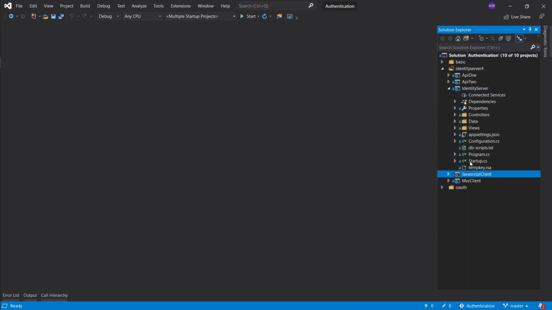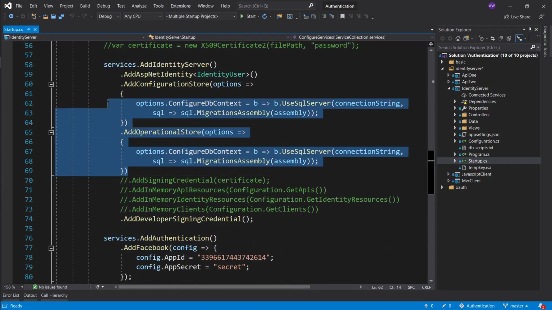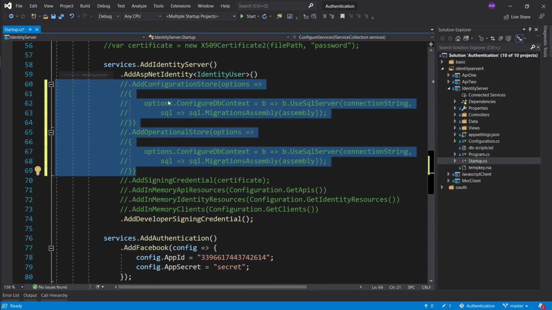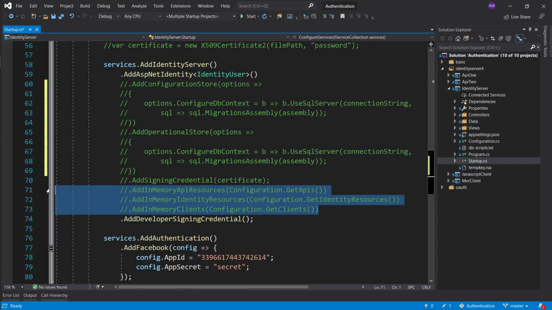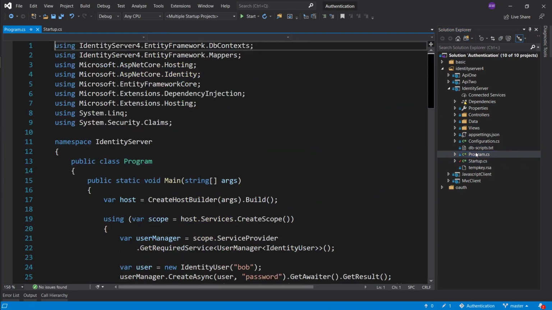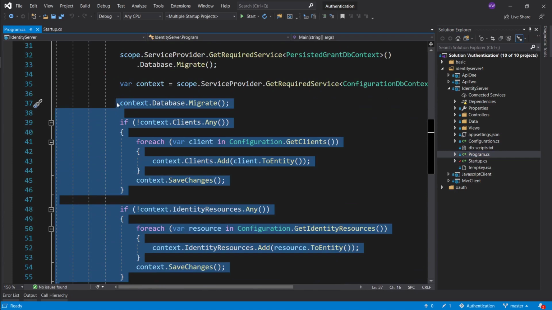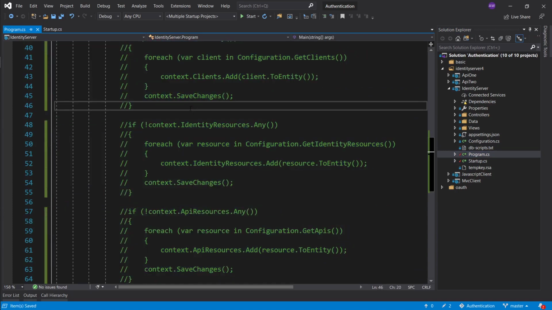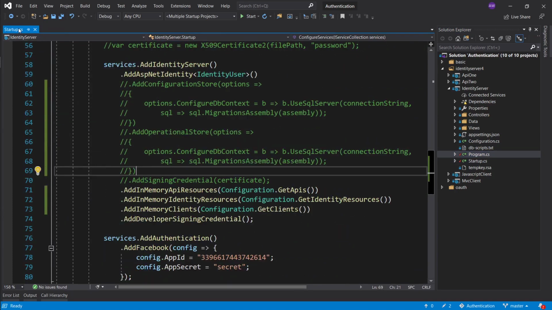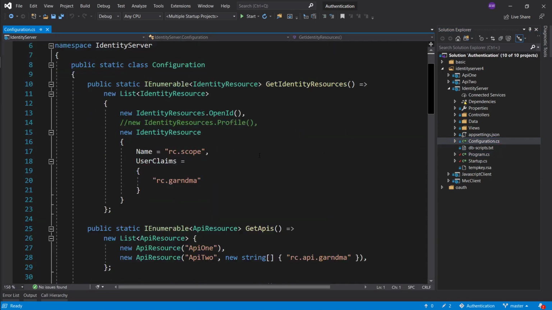Since I am in development, I am just going to go in my startup and I will disable the database operational flows because for development it's a little bit easier to use the in-memory ones. Okay, and I will also go into my program CS since I don't want to be seeding anything here, so I will disable that as well with the comments. Now that that's done, let's go ahead and close both of those files, and I'll go into my configuration, and